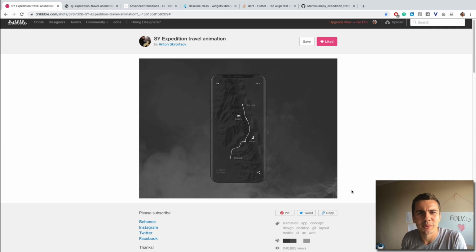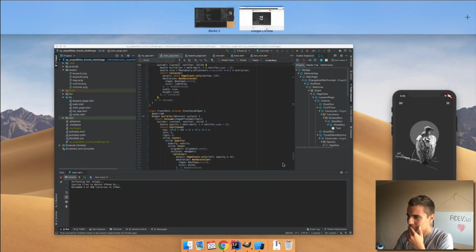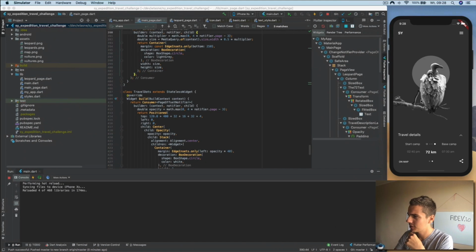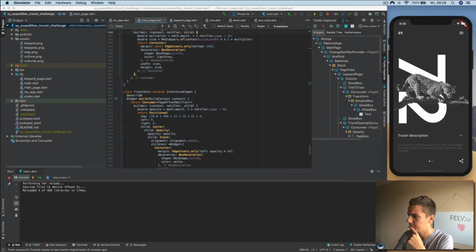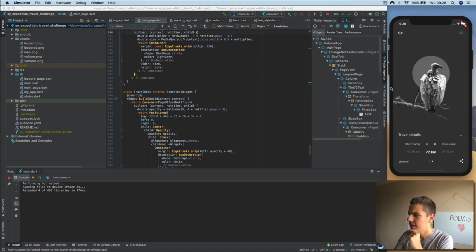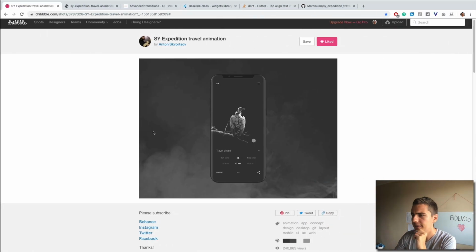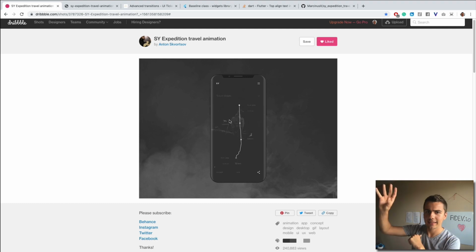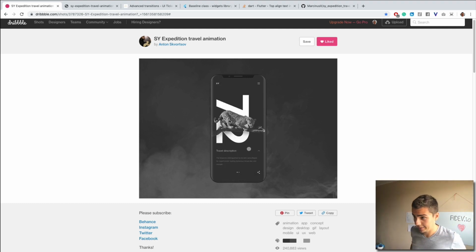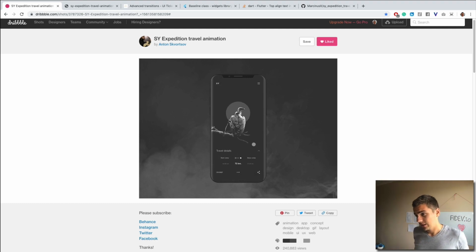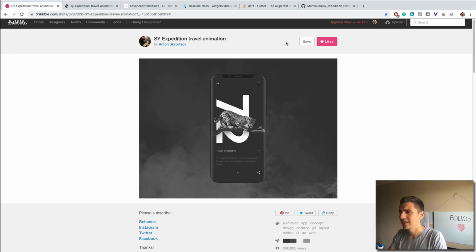You know what? Let's just do it. So, we finished with this. Now, what we need to do is add the slide up effect. And now, for me, the easiest way to do it is actually